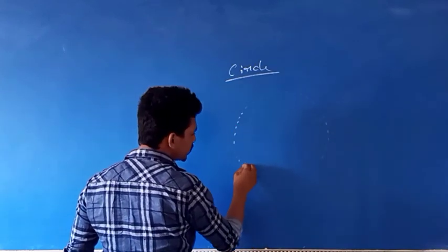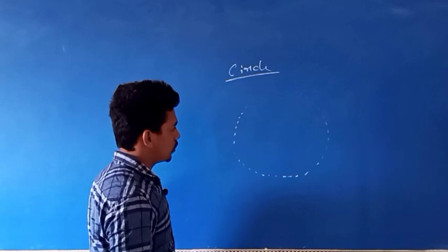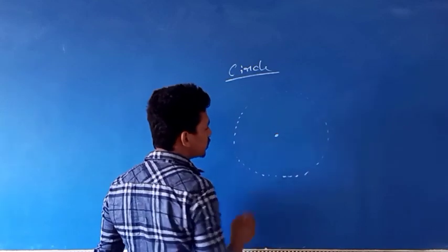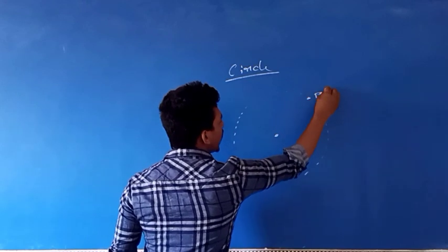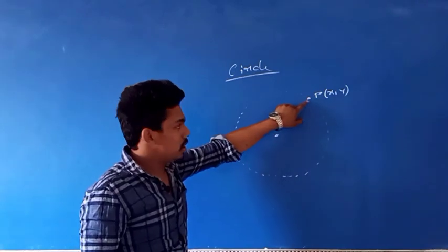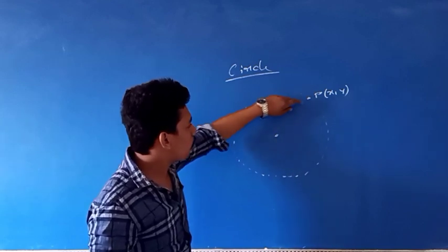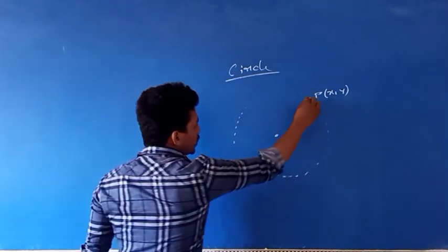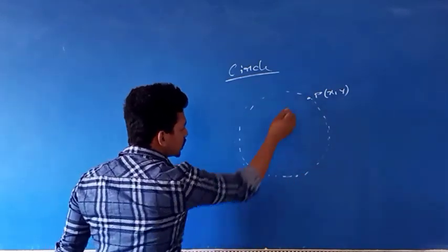Locus of a point which is equidistant from a fixed point, or a constant distance from a fixed point, is called a circle. That means if P(x, y) be any point on the circle, then the locus of this point, in such a way that the distance of this point from a fixed point is always constant, then the locus is of the form, and this is called